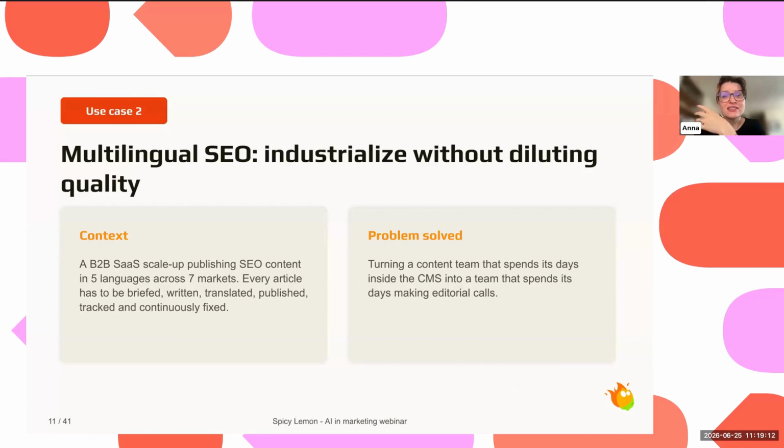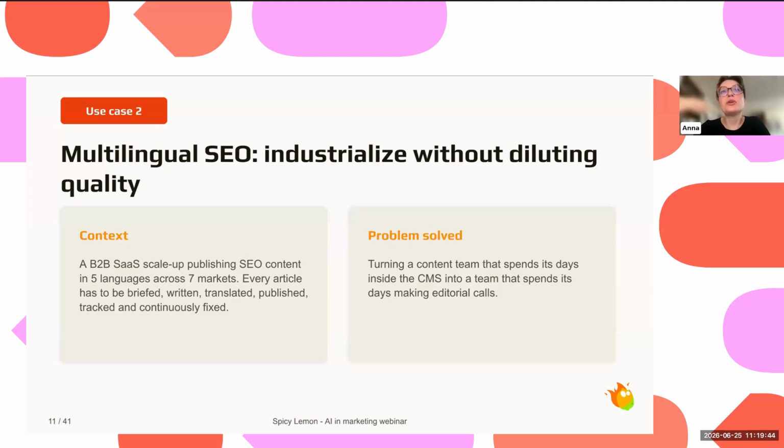They will just ask me to, for instance, automate the integration of blogs within the CMS, or the integration of newsletters within the CMS as well. And it's something where they're going to win lots of time, but this doesn't require any AI. Most of the core tasks that really allow teams to gain time are actually based on automation rather than AI, and that is very interesting as well.